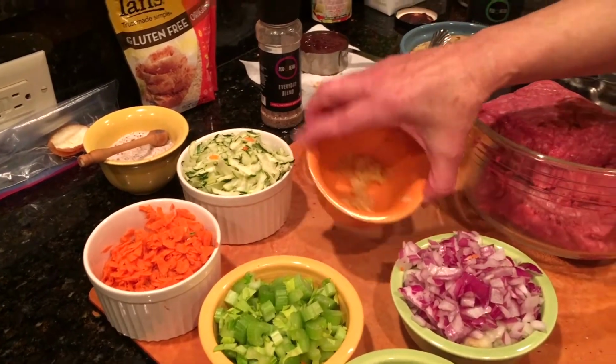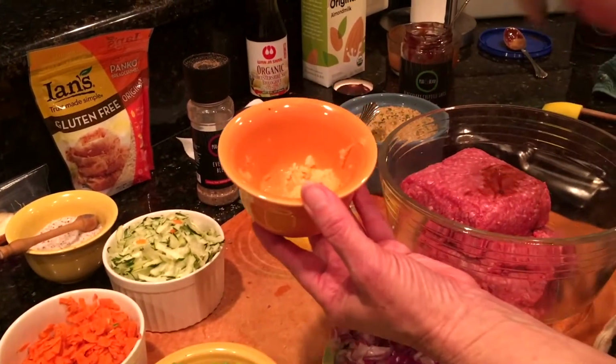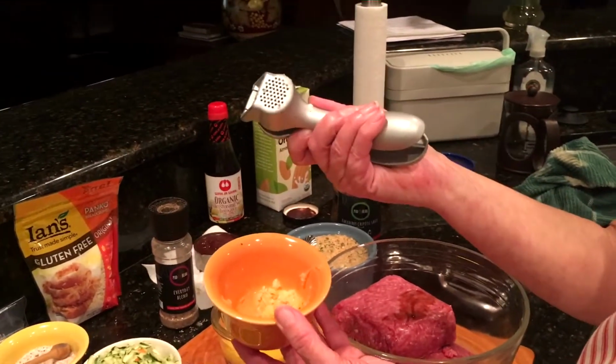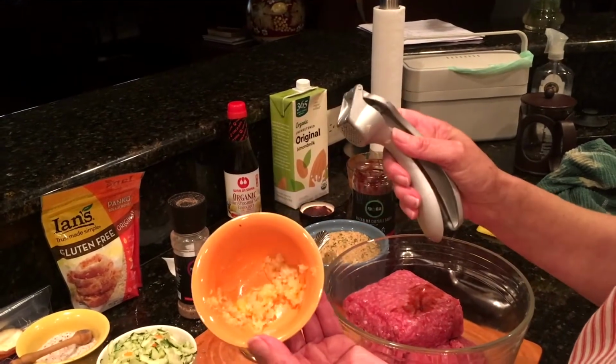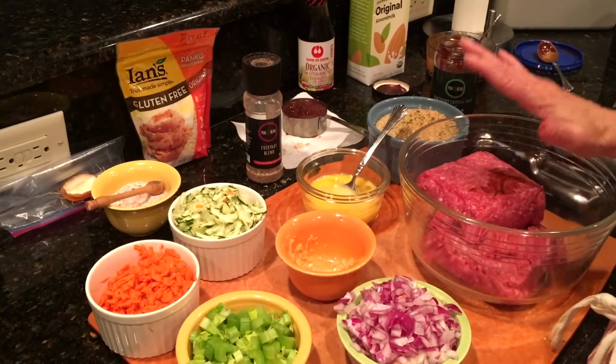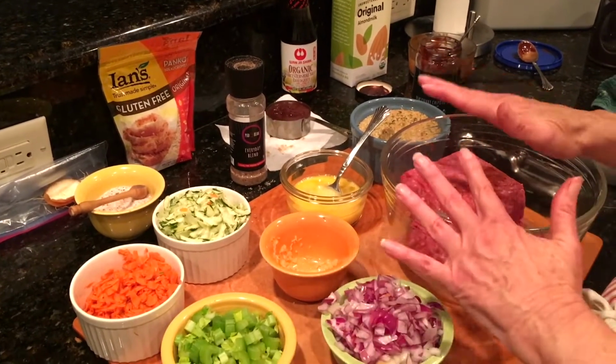And I've got about 4 cloves of garlic minced. I used my little handy dandy Pampered Chef mincer, and I've got 4 cloves of garlic that's minced. I'm going to put these on to saute, then we're going to mix in...